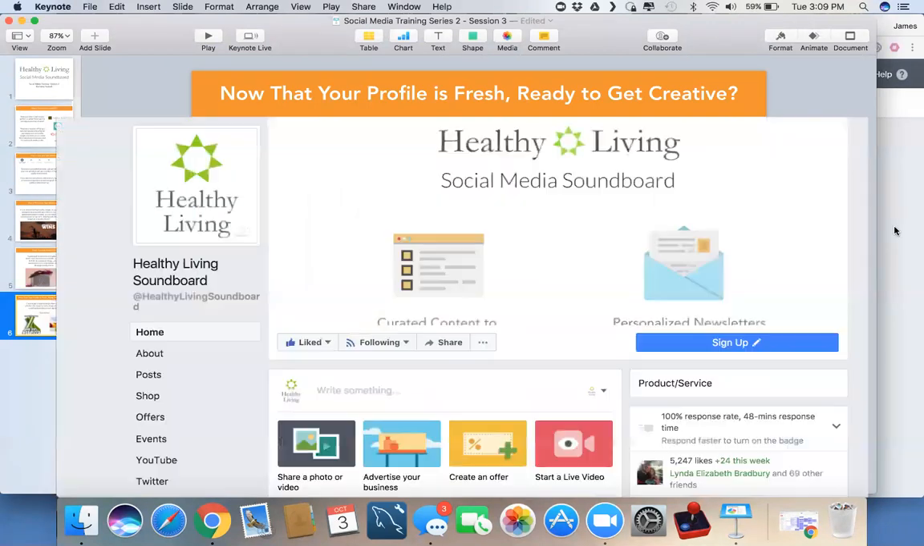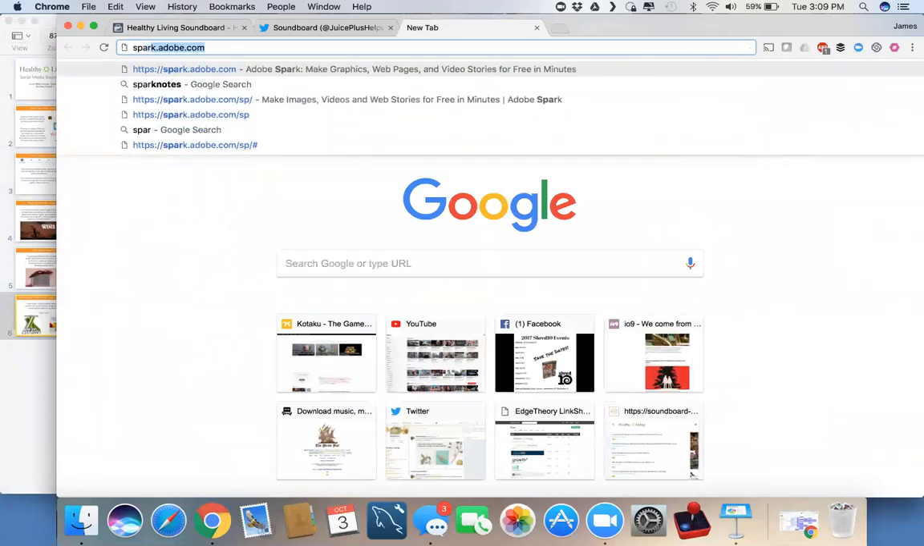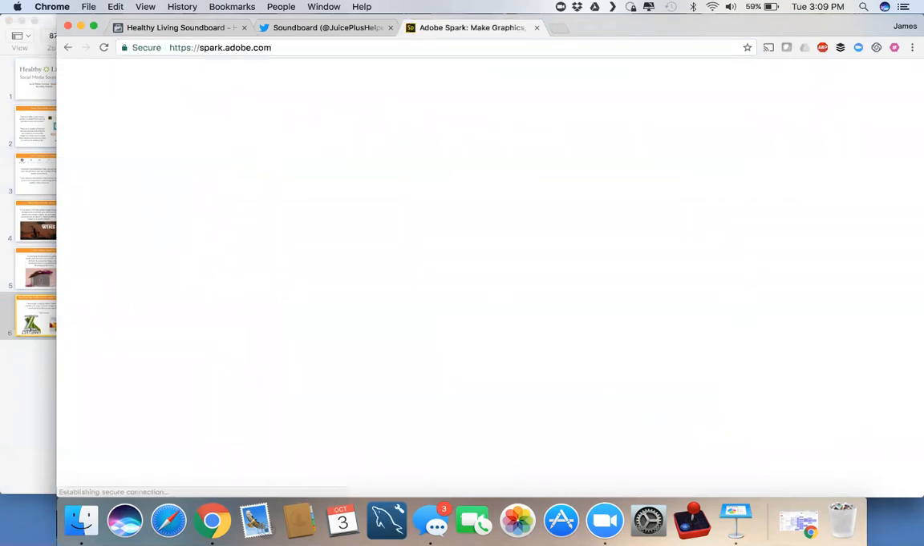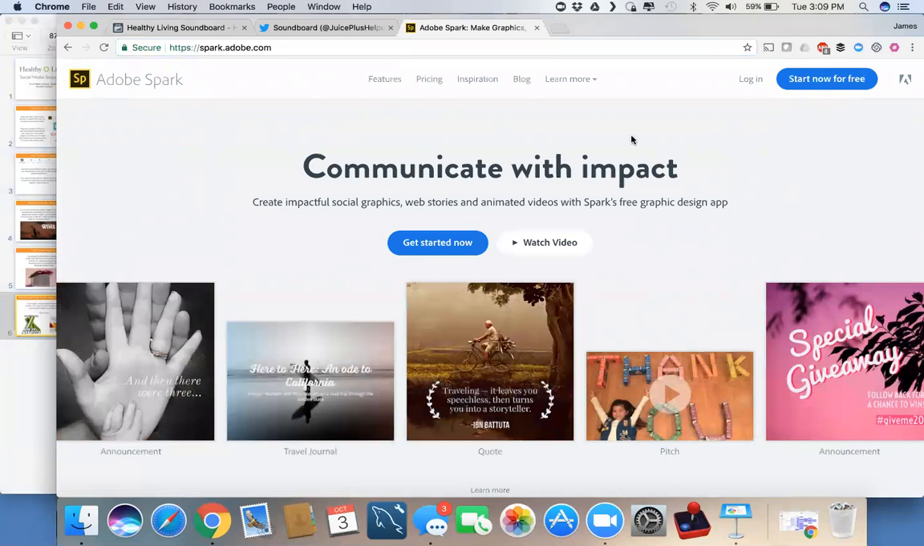So let's go hop over and go to Spark. It is spark.adobe.com. I'm going to lean on Carrie a little bit too here because she does so much of this for our team. But when you get here, basically you can choose from a number of different layouts. You can choose from a number of different styles. And you can choose from a number of different, like I said, social media platform sizes to base your creation on. So once you set up your free account